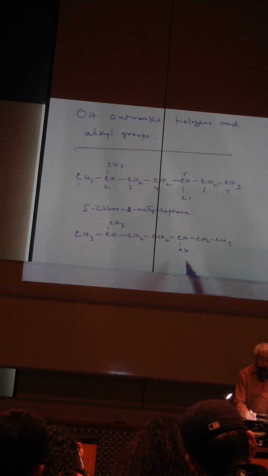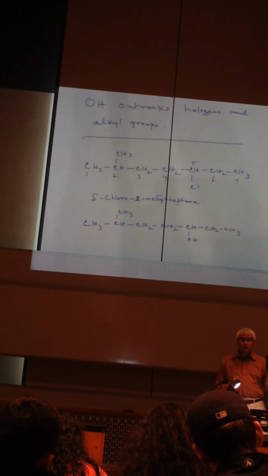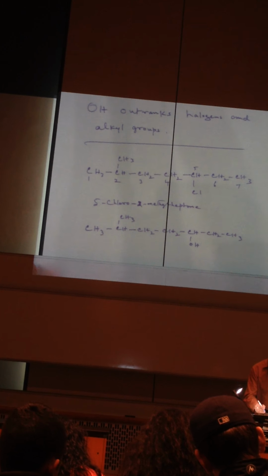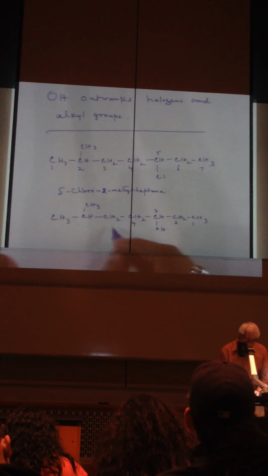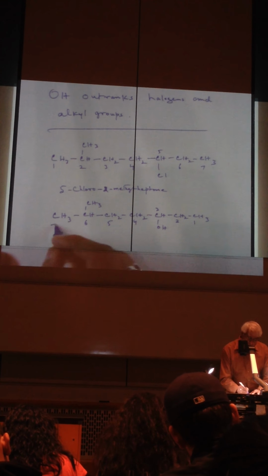Now what happens is that even though OH is at the 3rd position, whereas from the left side the methyl group is at the 2nd position, the OH group outranks the alkyl group, and therefore we have to do it from the right side. So it's 1, 2, 3, 4, 5, 6, 7, and then we call it